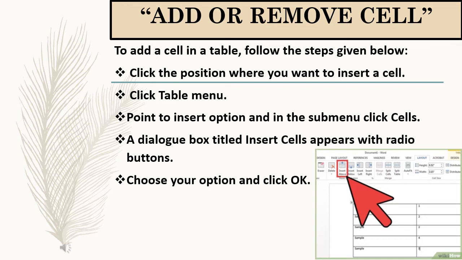To remove a cell or column, select the Table menu and in the drop-down menu, select Delete. Select your option in the submenu to delete the desired cells, rows or columns or the complete table. You can also right-click in a cell and click the Delete Cell option in the context menu.